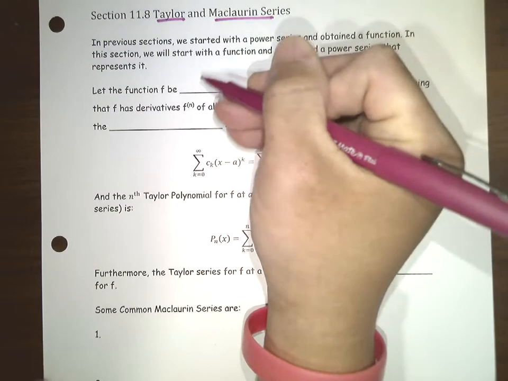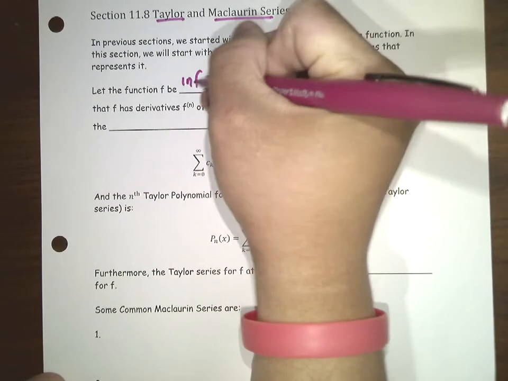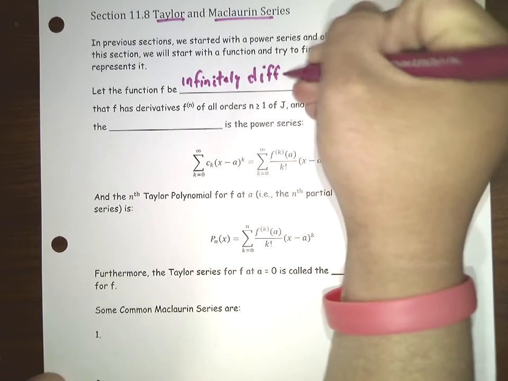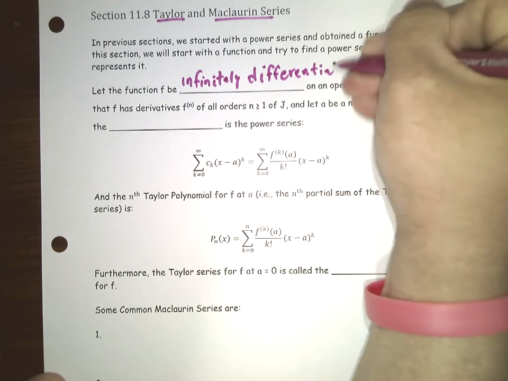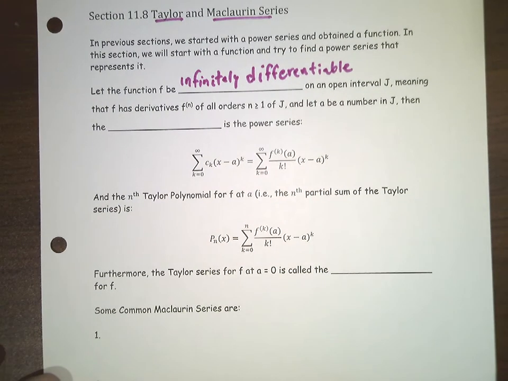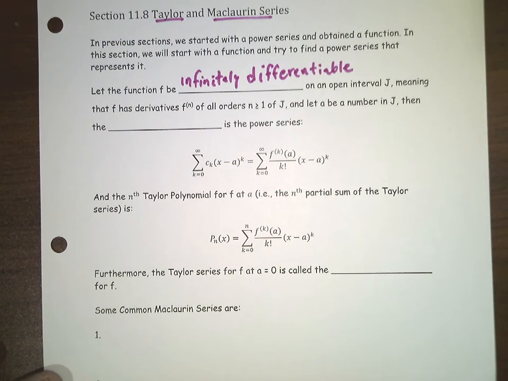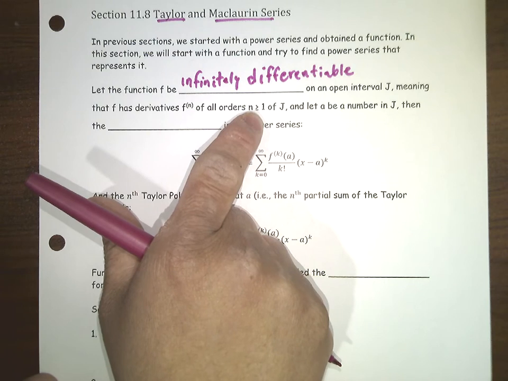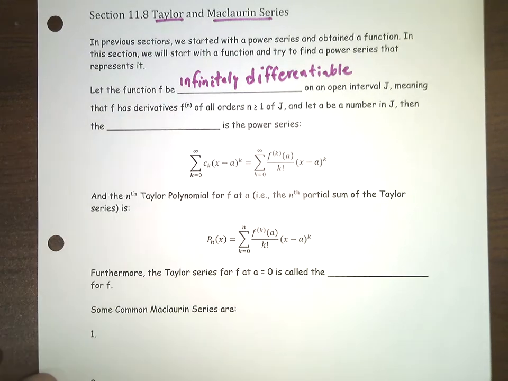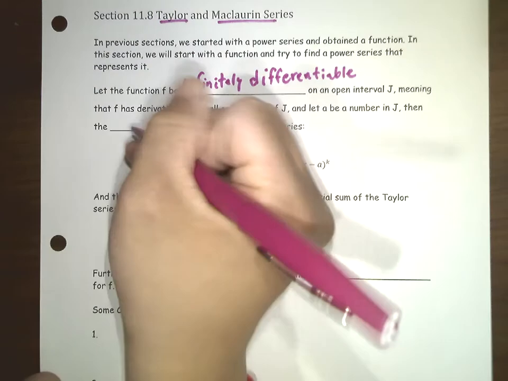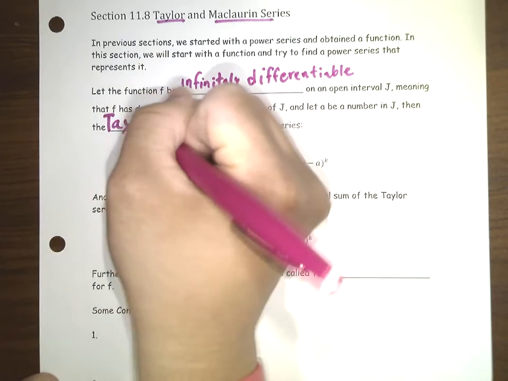So let the function f be infinitely differentiable. So that means that we can find the derivatives over and over and over again on an open interval J, meaning that f has the derivatives f^(n) of all orders n greater than or equal to 1 on J, and let a be a number in J, then the Taylor series